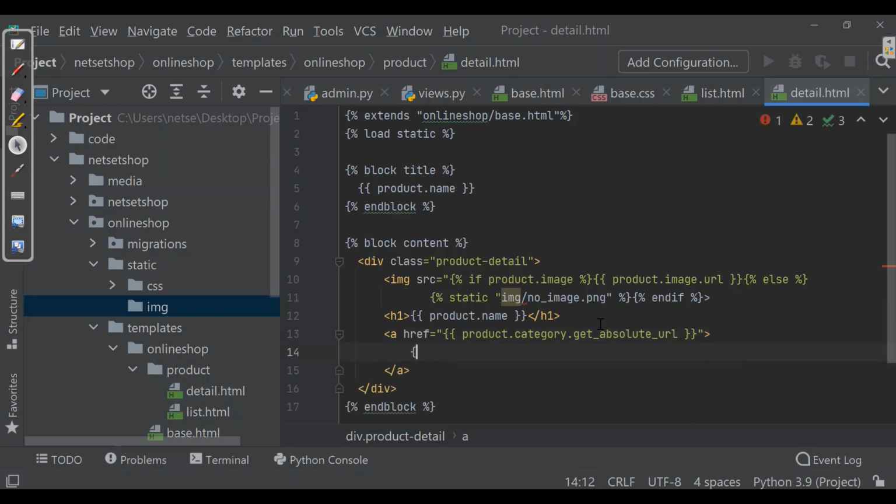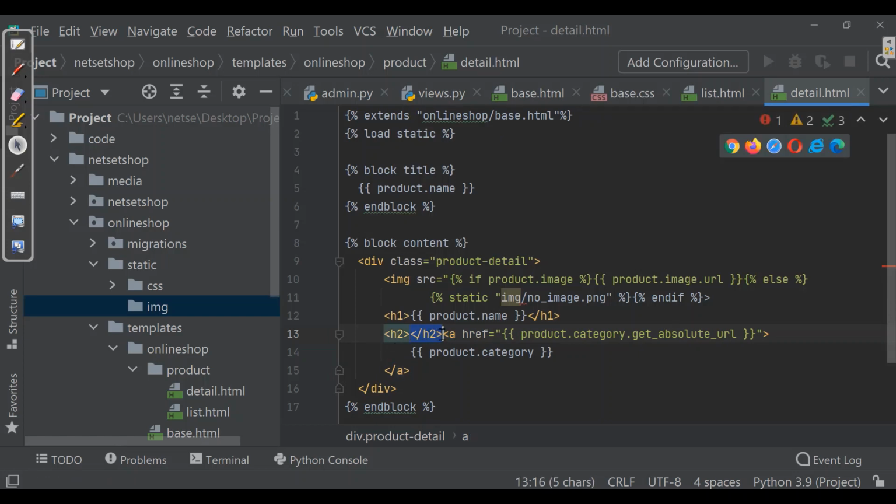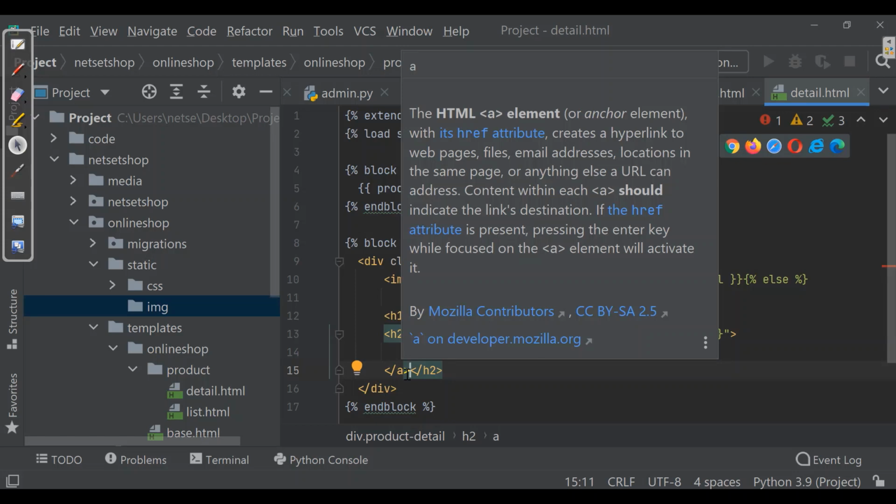And here we'll be taking product.category. Let's make it highlighted, so we'll give it in an h2 tag, and this is the closing tag. We'll give it outside the a tag.